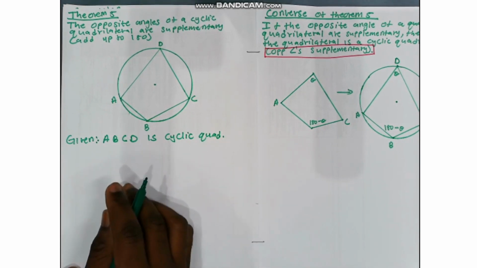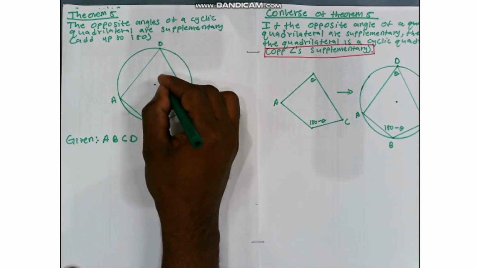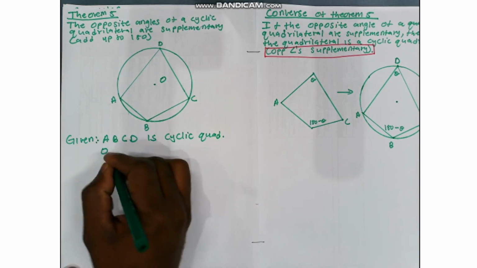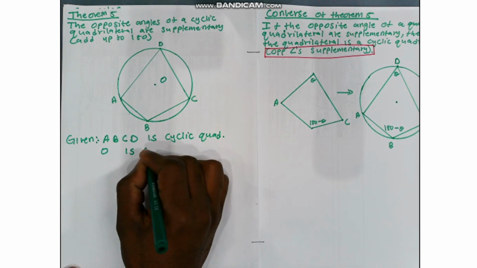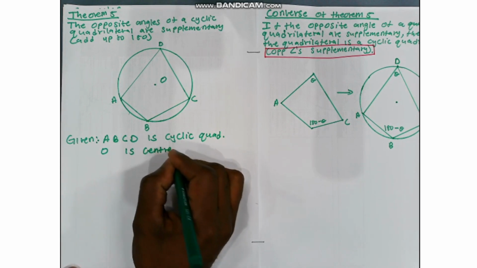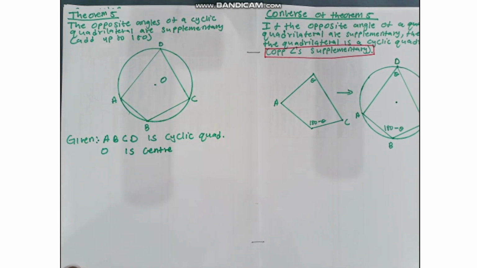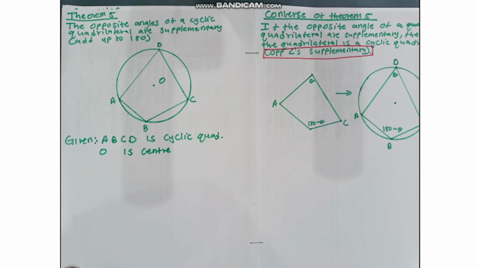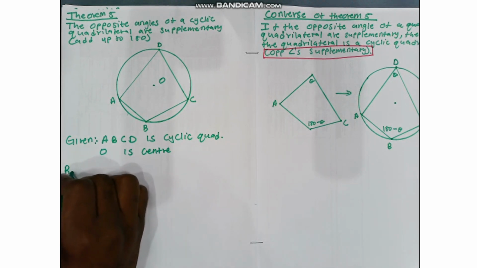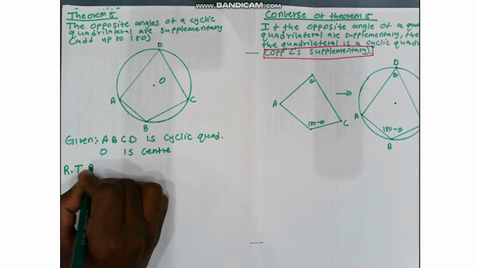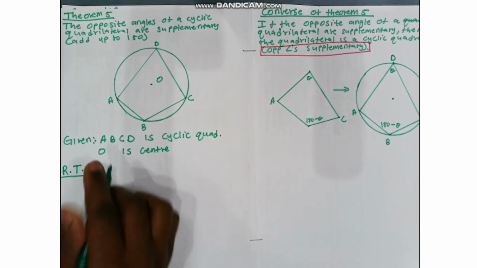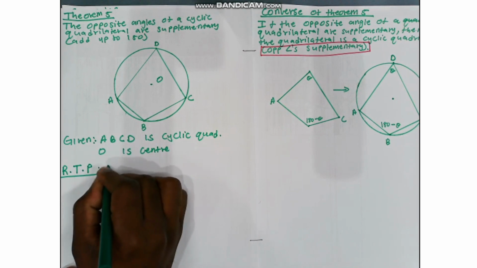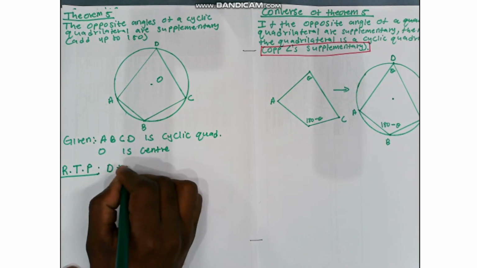That is what is given to us, and O here is a center. We do know that O is a center. Now, what is required of us to prove? We are required to prove that D plus B